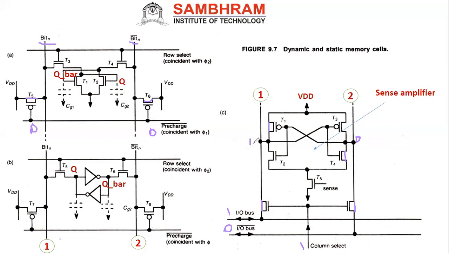So what will happen when I give 1? This will give you the output as 0. Then when the input is 1, this will give the output as 1. Correct? So it will keep on working like this. That is, your bit line value will get changed. See here, that is what they specified.